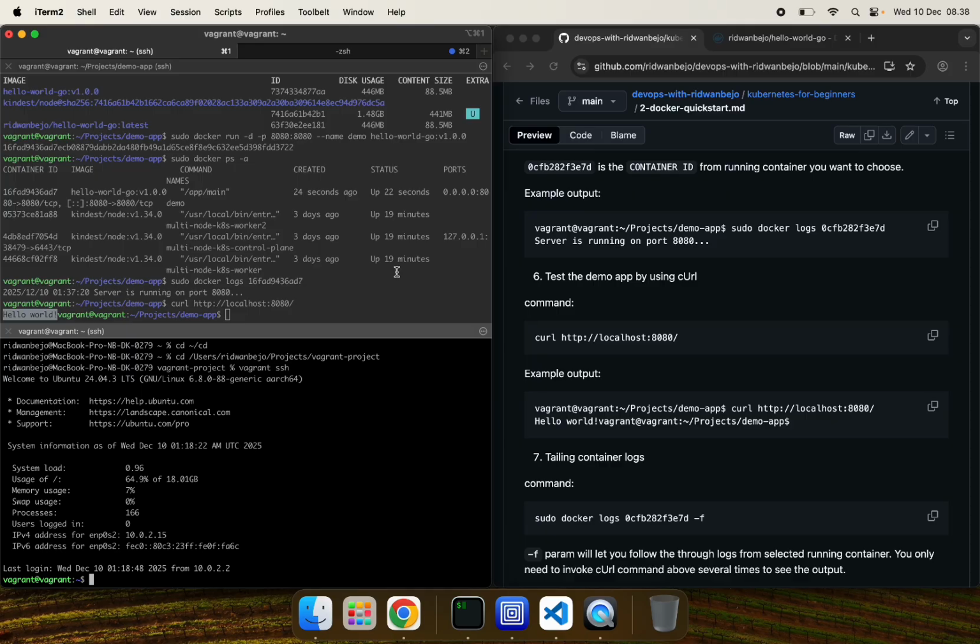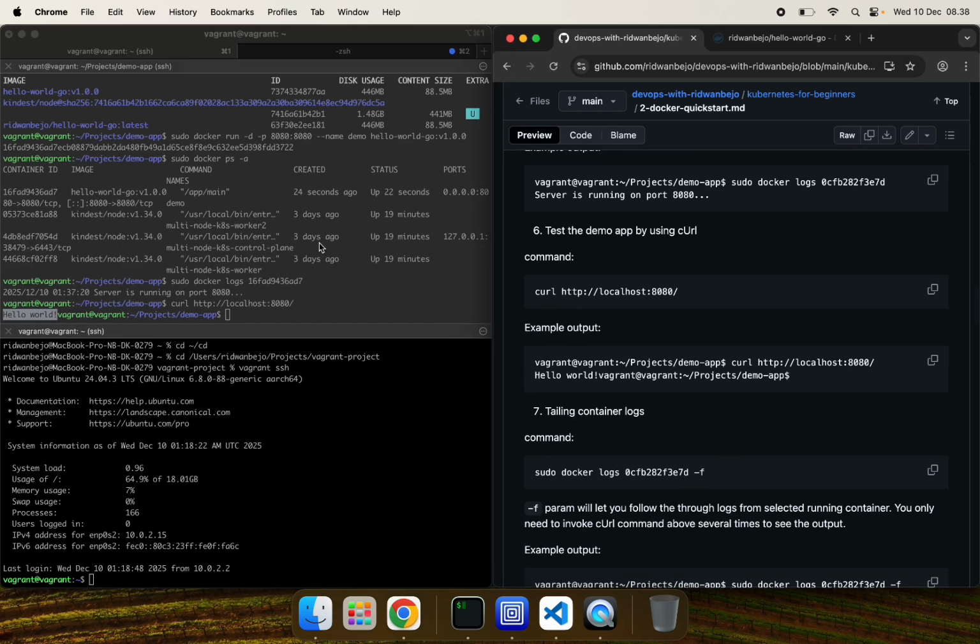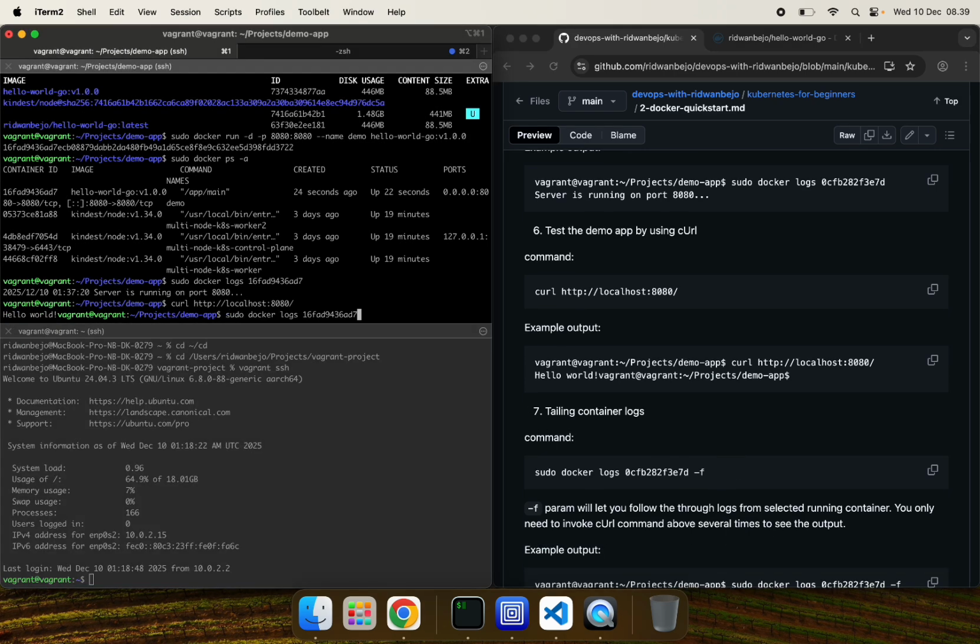We need to see if the application can handle continuous requests. So that's fine. Let's see the logs again, but specifying another param called -f, which means we will follow the logs. Whatever logs come into the container, we can see.